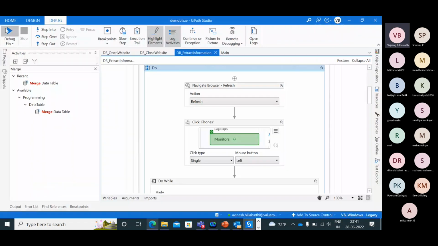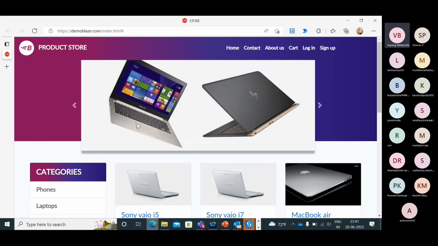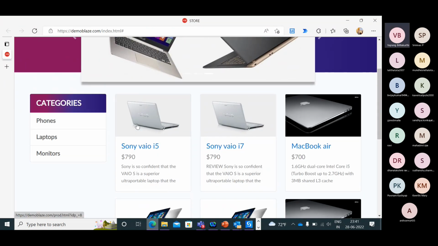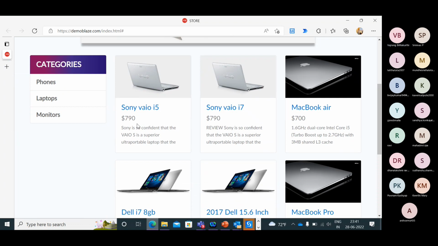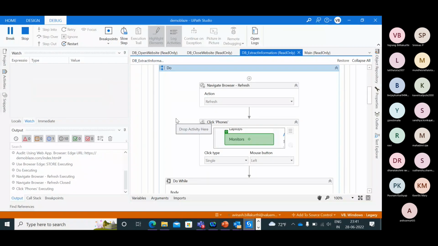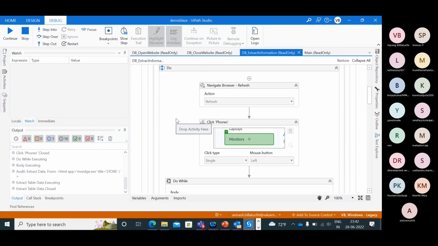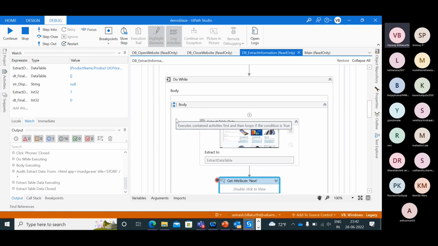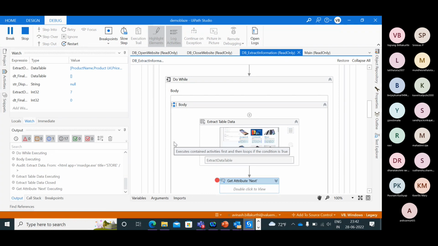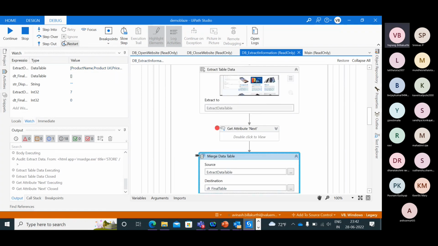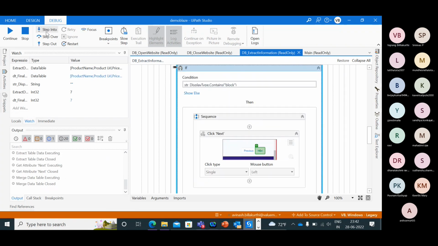So let's go to phones. So it should click on refresh. It should refresh the page, hit on phones, and then select the value. So that's how it should get. Clicking on phones, extracting the information. Get attribute, step over. So merging the data table, step into. So we have 7 items in the final table, and